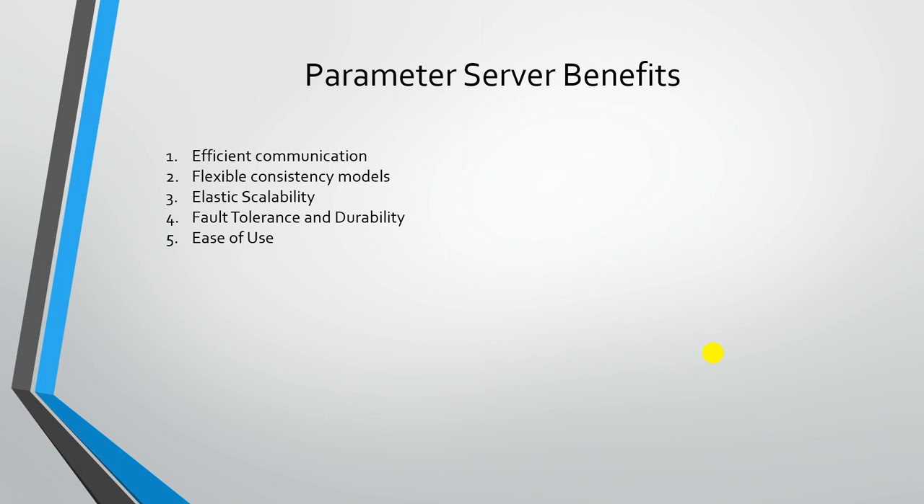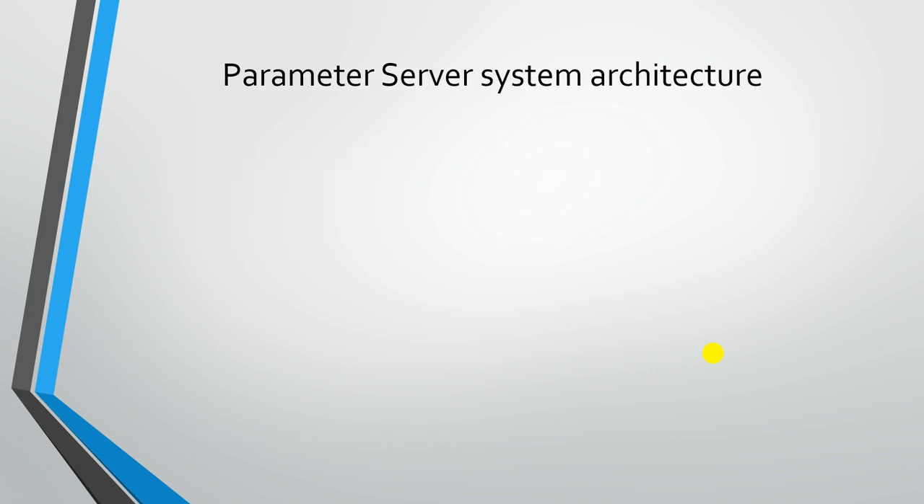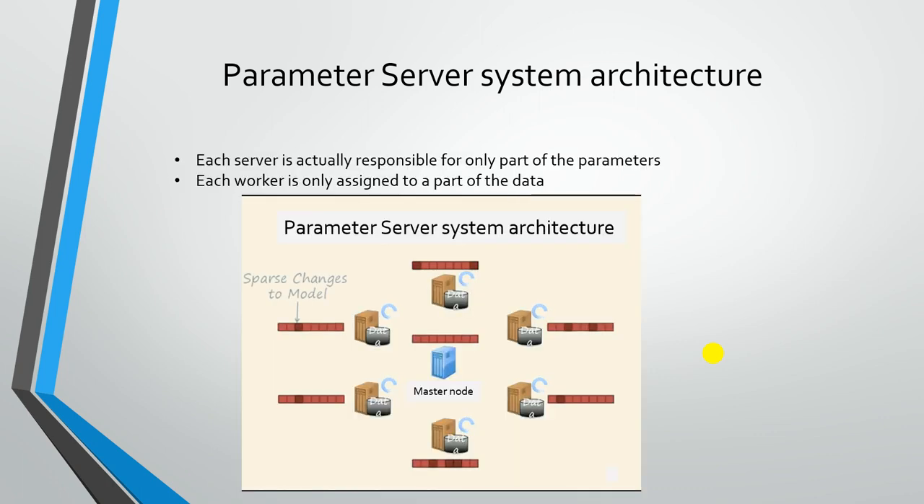Okay, then I'm going to move on to the parameter server system architecture. In the parameter server, each server is actually responsible for only one part of the parameters. Servers maintain the globally shared parameters, and each worker is only assigned a part of the data and processing task. If you see this animation again, you can see that each child node in here, if you can see the cursor in this black color, only